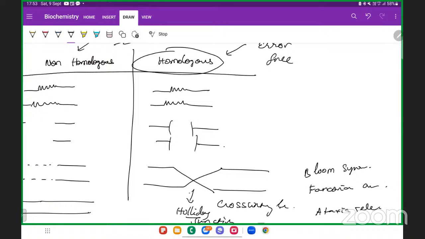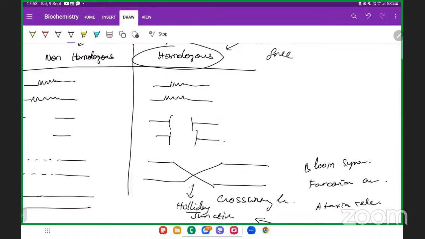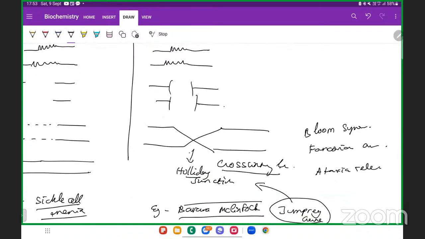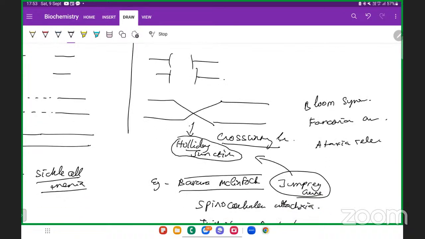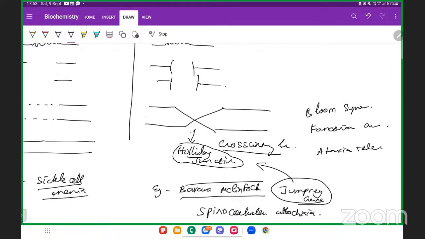Because both have the same kind of problem, what can we do? We can actually cross link them. That is called your cross linkage. The place where you are going to cross link is called a Holliday junction. Clear until here? So you do the cross linkage at the Holliday junction. Whenever there is an error in this homologous correction,